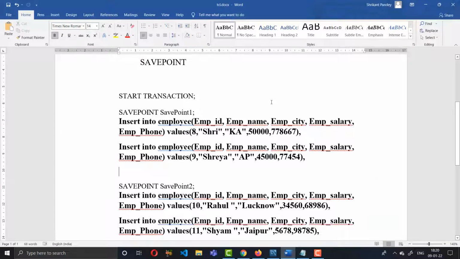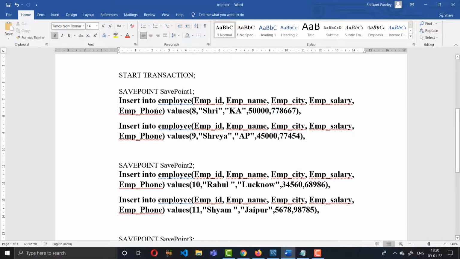To save your information or the table at a certain time or certain interval, at a certain row you want to save, for that purpose a savepoint is used. So I am creating a savepoint and giving the name of the savepoint.